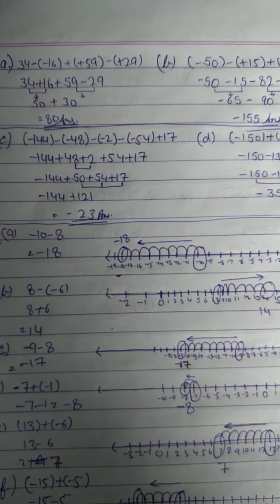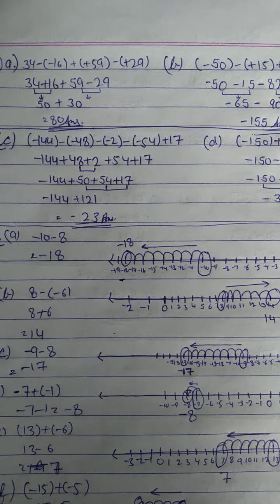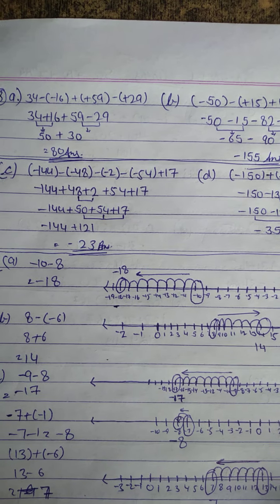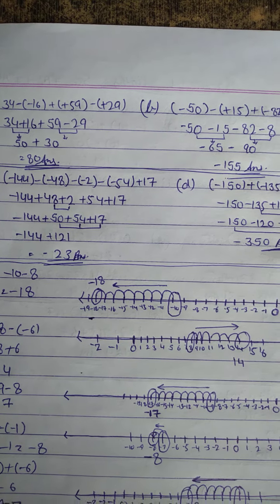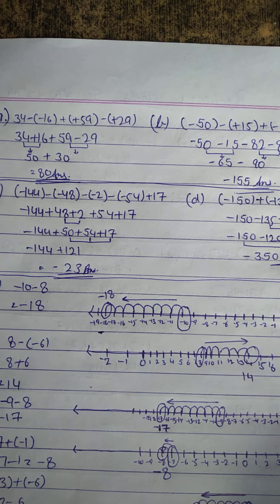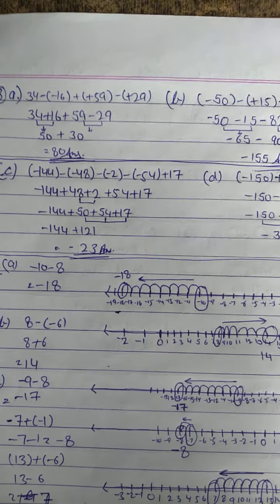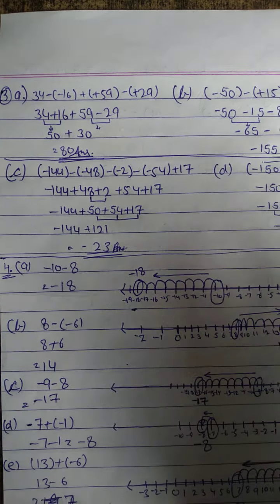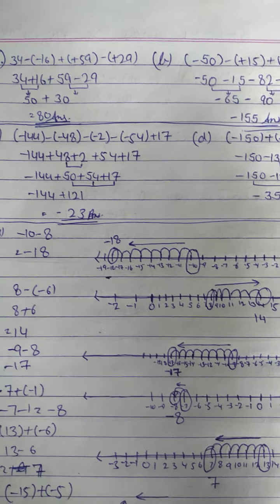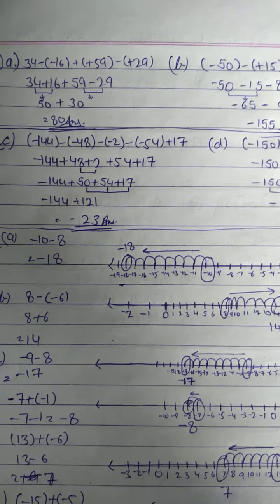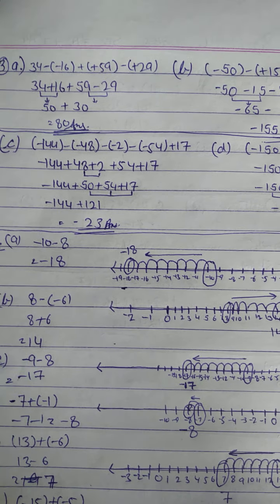In the third sum we have to find the values of the given integers. In the first sum they gave only 2 or 3 integers, but in the third sum they give us more than 3 integers and we have to solve them. But if we want to solve them, we have to simplify our calculations. So firstly solve the brackets along with their signs, then recognize the numbers and add them. That makes your calculations easy.